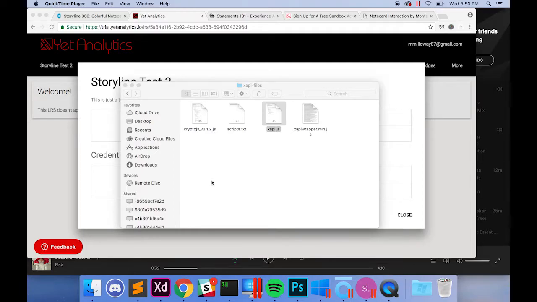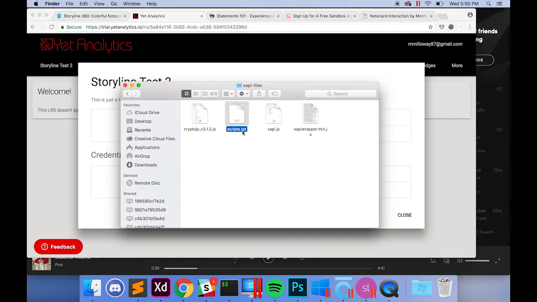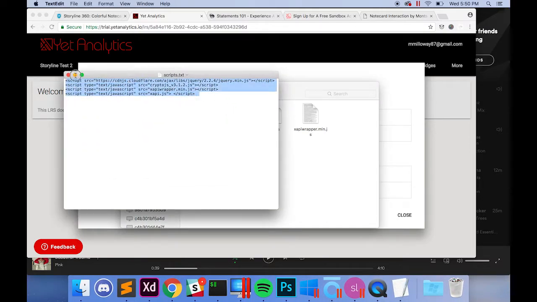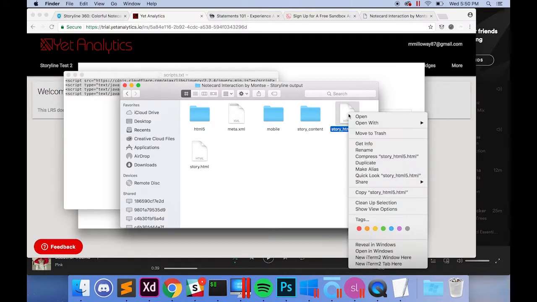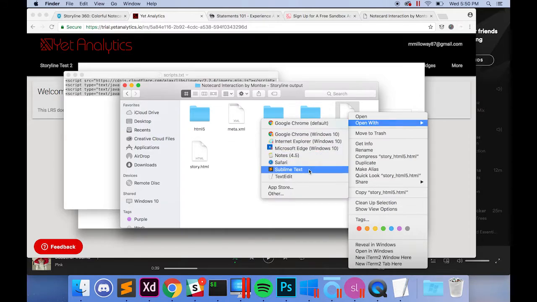We are on to our final steps in this tutorial. So the next piece that we are going to do is we are going to copy this scripts.txt information. So you want to go ahead and open that, and we are just going to copy that. Now what we need to do with what we just copied is we need to go into the folder that has our storyline stuff, and we want to right click on this story underscore HTML5 document and open in